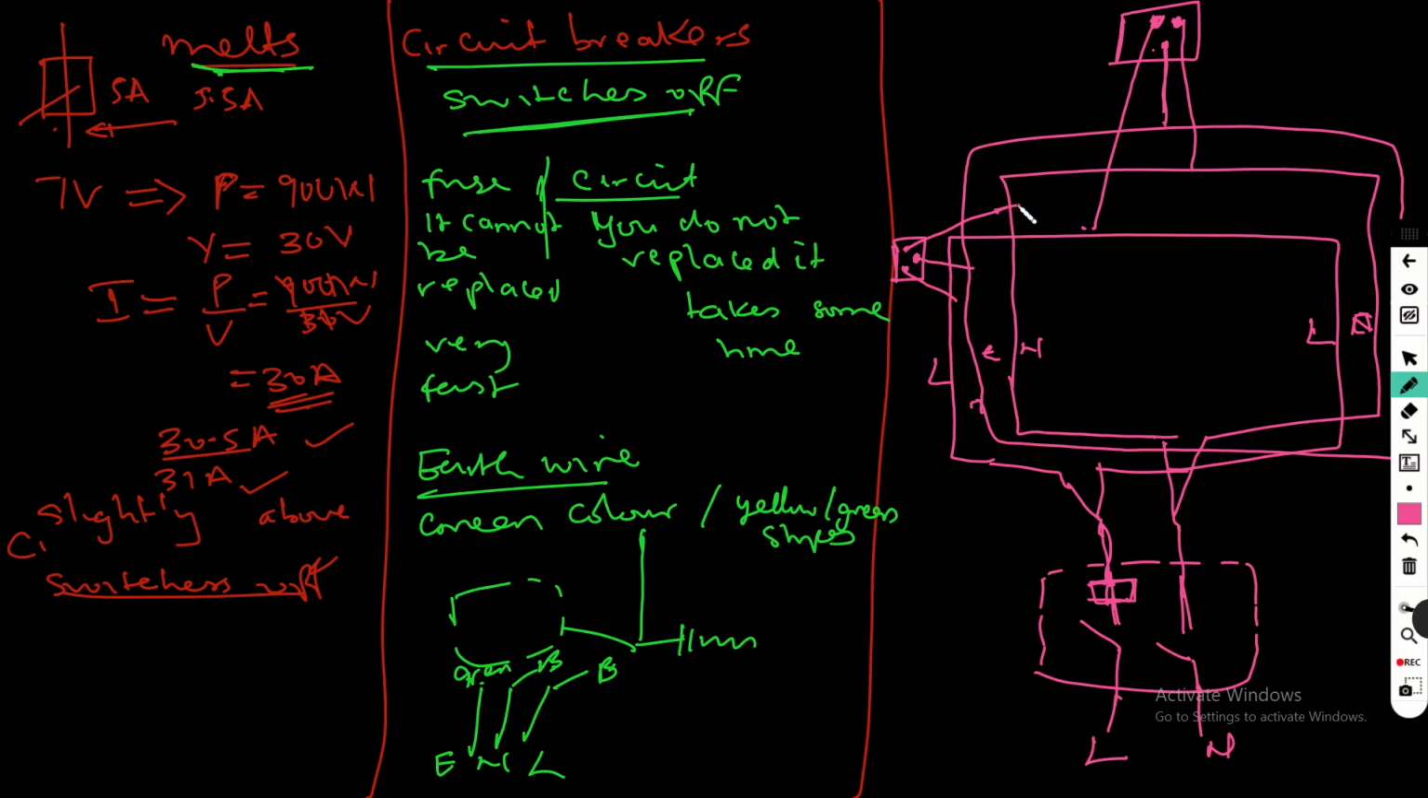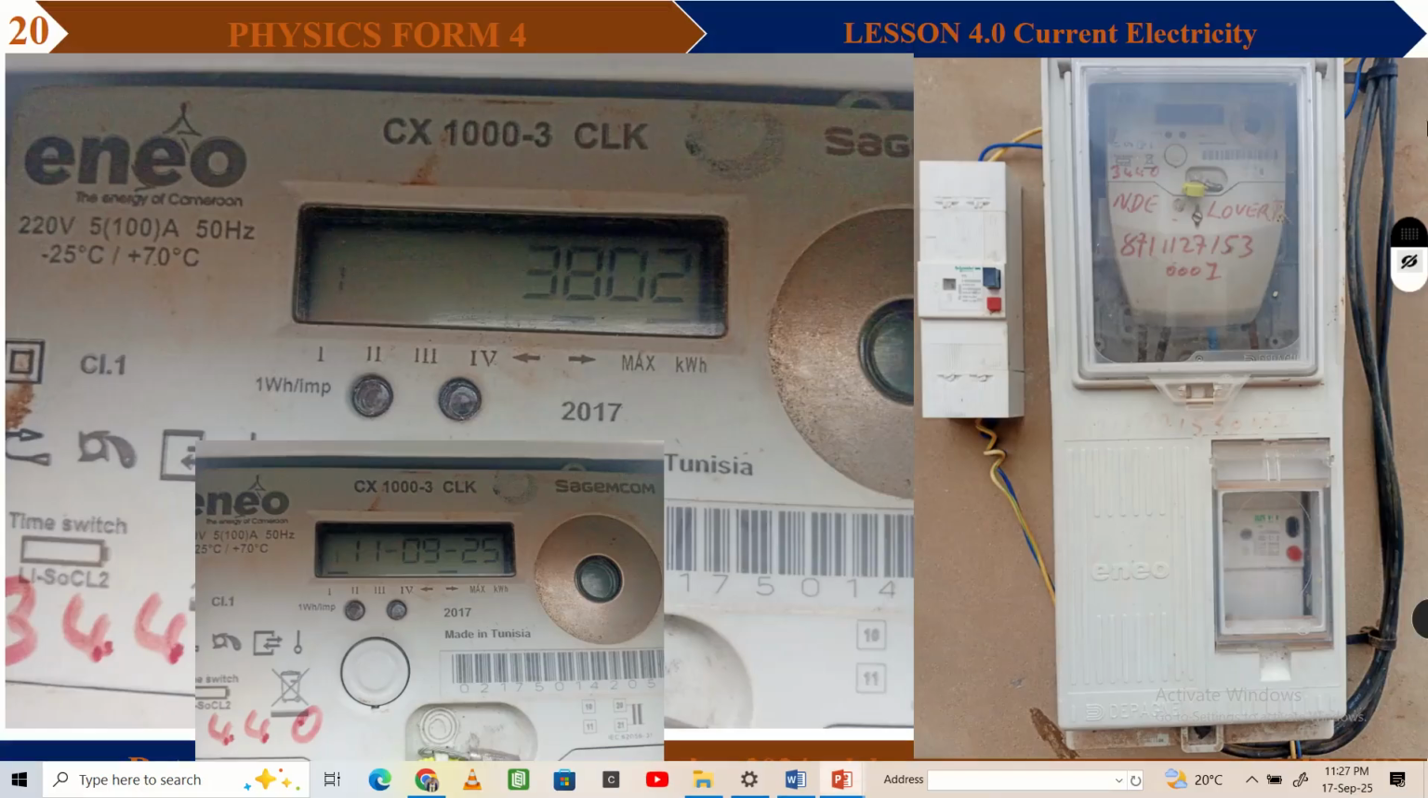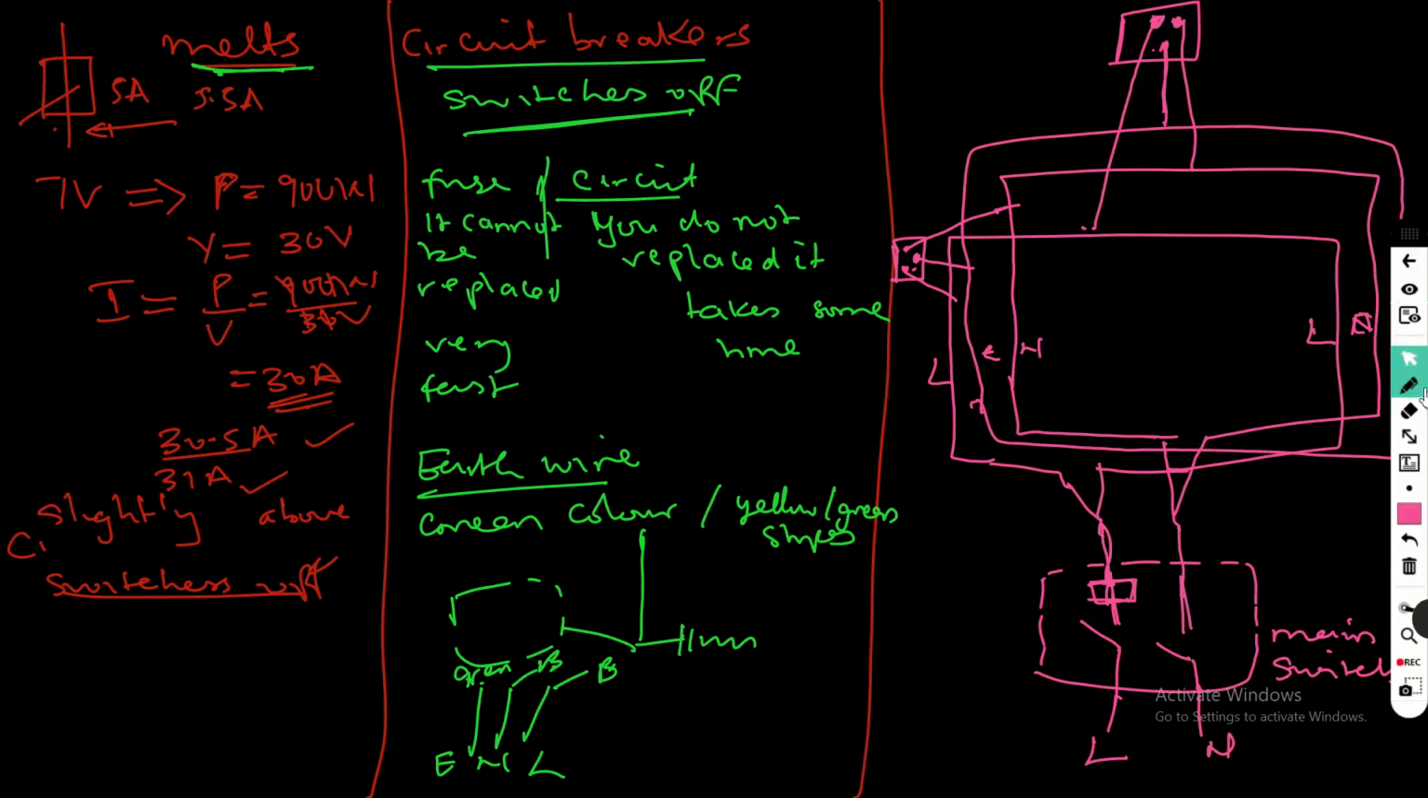So you have different circuits like that. So this is the main switch. You need to learn how to draw this circuit in your exams. So this is how the main switch looks like. And you need to understand that it's an electrical system where all these sockets or outlets that we have around have their own